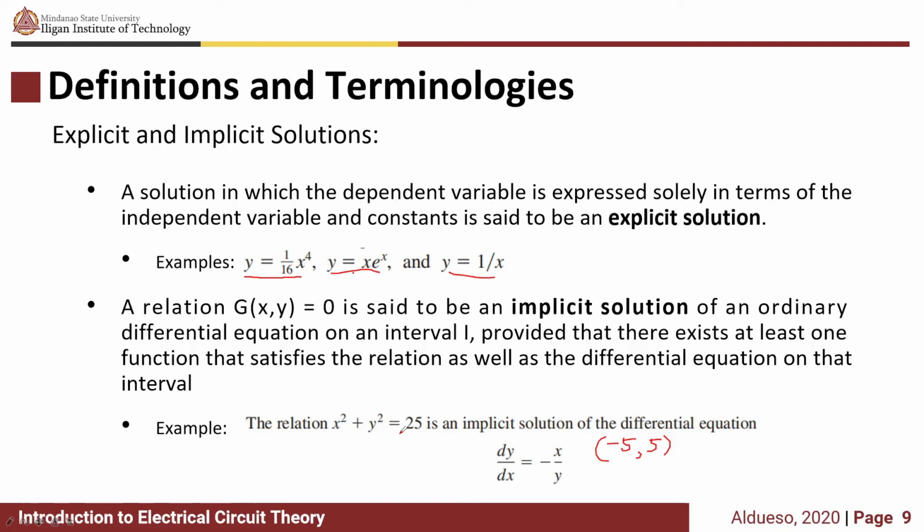By differentiating this function, we get 2x plus 2y dy over dx equal to 0. So if you solve for dy over dx, dy over dx is just equal to negative x over